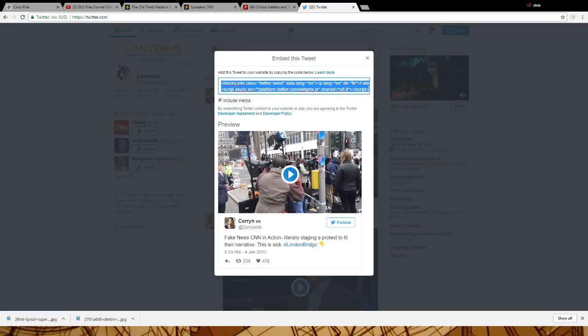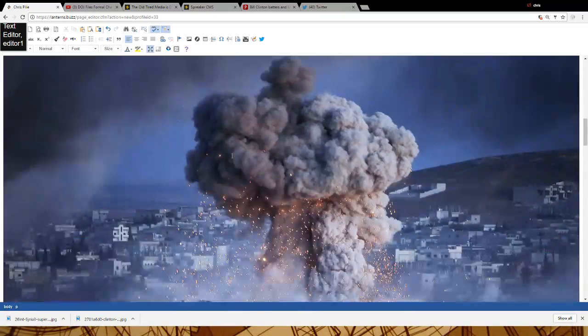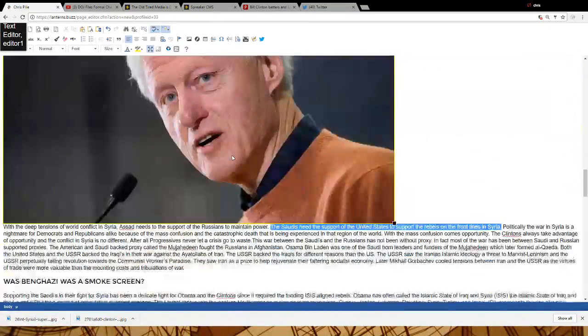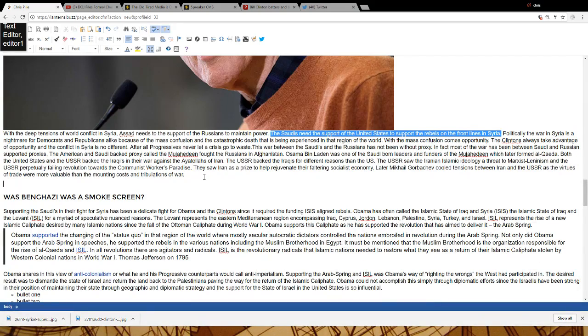I'm just going to go ahead and Control C, or I could right click and copy. And I'm going to go back to my article and find where I want to put it. Now, once again, this is the harder way to do it. So I will show you the easier way, but it's always good to learn the harder way, or at least see the harder way, and that way you know there's multiple ways to do this. I'm going to put a space here, and you remember what the space looks like in the code, as I told you earlier. We're going to look for that. So I'm going to go to source,